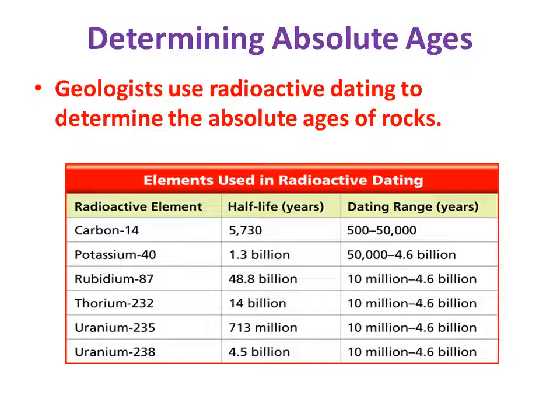After an organism's death, the carbon-14 in the organism's body decays. It changes to stable nitrogen-14. To determine the age of a sample, scientists measure the amount of carbon-14 that is left in